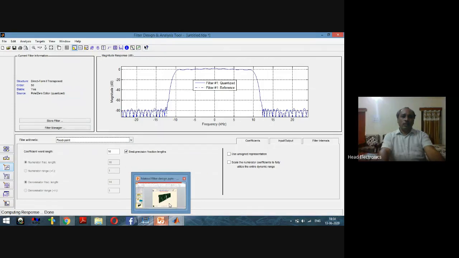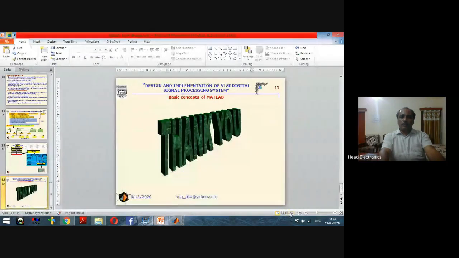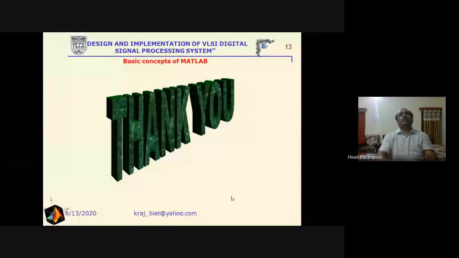So in this discussion, we have discussed how any digital filter will be designed using the filter design and analysis tool, and we have discussed the basic concepts.